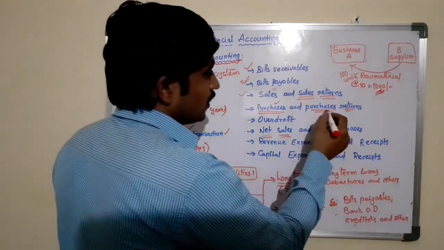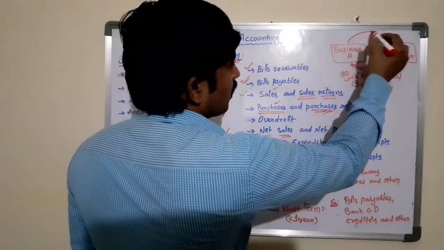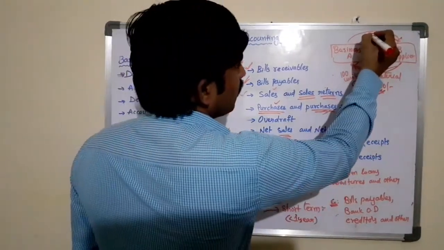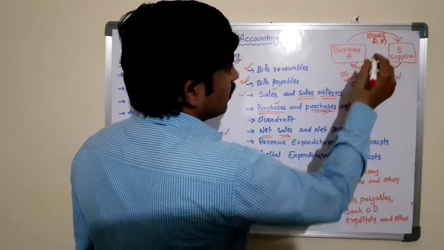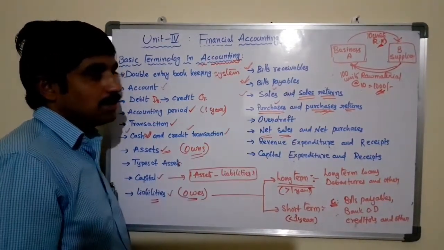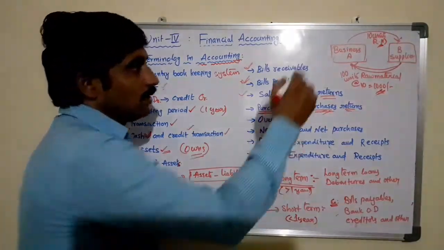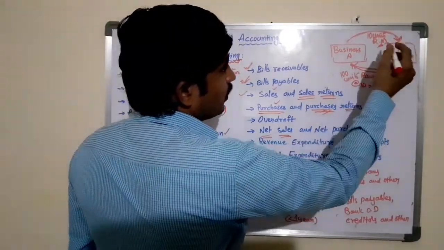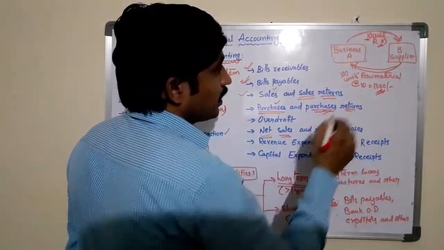Whereas purchase returns means after purchasing these raw materials from B, if for any reason, either defect or damage, you return 10 units of raw material to B, this is known as purchase returns. In the previous case, sales returns, customers were returning to the business, but in this case, purchase returns, the business is returning the purchased raw materials worth 10 units.